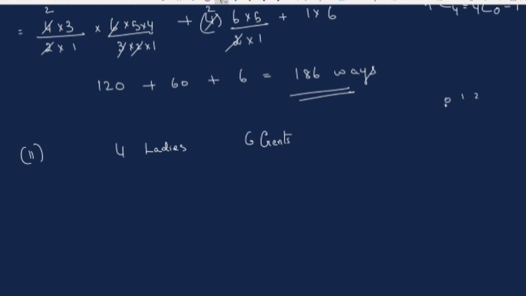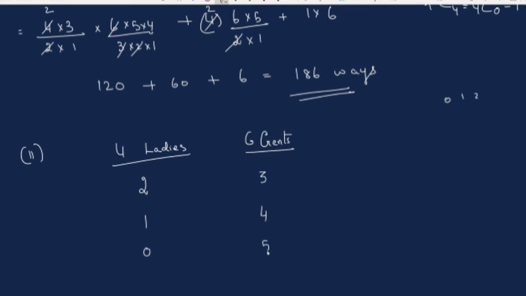So we start with 2. If I choose 2 here, total should be 5, so I should choose 3 here. 2, 3. If I choose 1 here, here I should choose 4. Only then the total will become 5. A committee of 5 has to be formed. Here if I choose nobody, there is 0, here it will be 5. I can choose 0 also because at the most, maximum is 2.